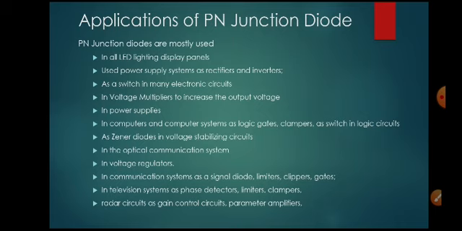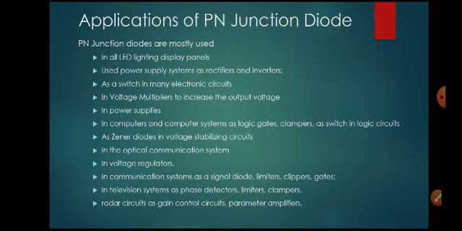in stabilizers. As a special diode, the Zener diode is used as a voltage stabilizer in circuits. In optical communication systems, in voltage regulators, and in communication systems as a signal diode, limiters, clippers, gates, logical gates. We are using these PN junction diodes in television systems as phase detectors, limiters, clampers,